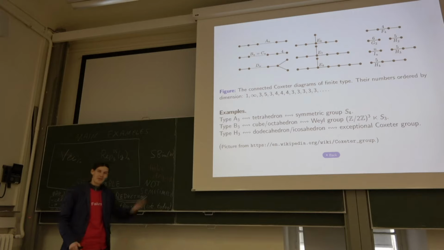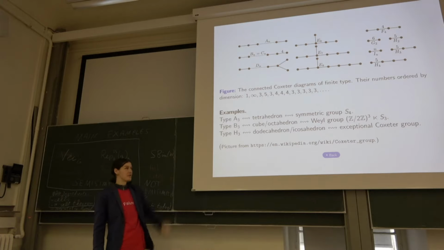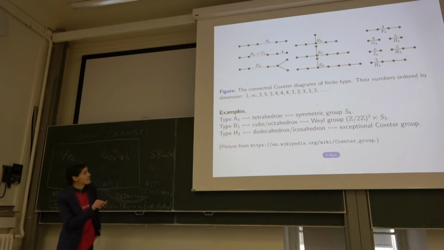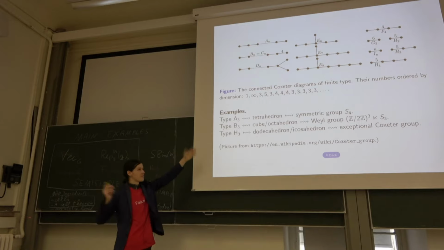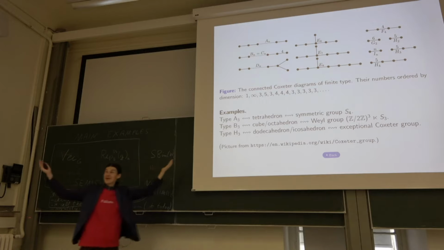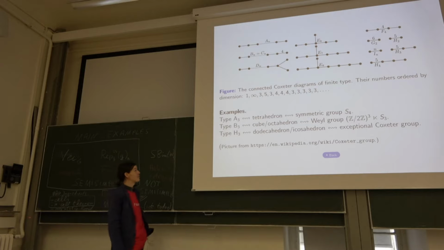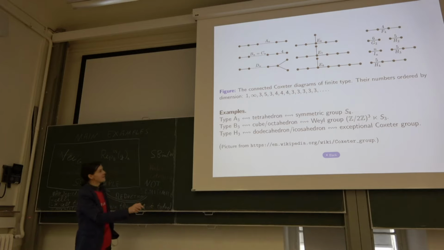And it turns out that those polytopes only make sense in a certain dimension. So you can see the list of different Coxeter diagrams of finite type. So all of these will give finite groups. You will see in a second why I want finite groups. And you see in dimension 1, of course, it's a bit boring. In dimension 2, you have the dihedral groups. It's the only case where you have infinitely many. And afterwards, you have some exceptions. In dimension 4, you have quite a few. And then it stabilizes.